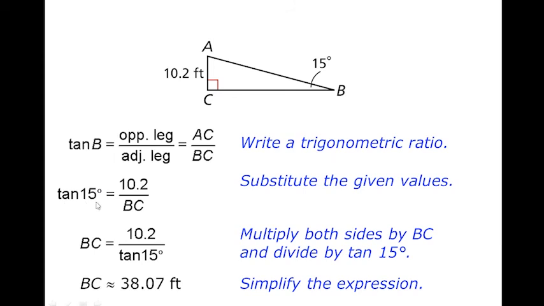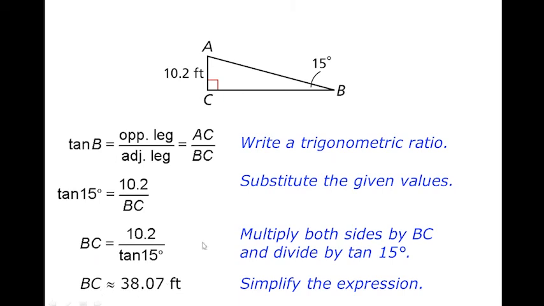So write it down: tan 15 is equal to 10.2 divided by base, meaning BC we need to find out. So bring this BC on the left hand side, it will be multiplied there, and bring this tan 15 to the other side, it will be divided here. So the final value will be BC equals 10.2 over tan 15, and the BC final answer will be